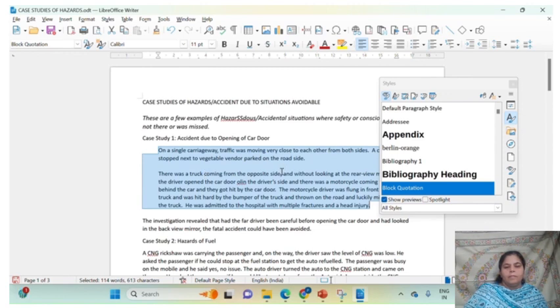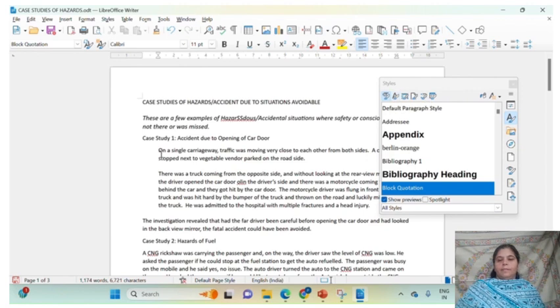So as soon as I click on this style, this will be implemented on the selected text. So paragraph style you can apply on a single paragraph, or maybe on all the paragraphs same style can be applied, which will lead to the uniformity, which will lead to the consistency of the document. Second is the character style. Like we have implemented the paragraph styles for complete paragraph, we can do the same for single character also, for single word also, for single phrase also, using character style. So next we'll be discussing and implementing character style.